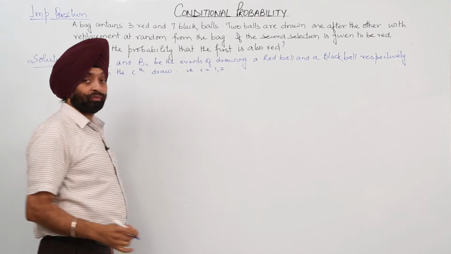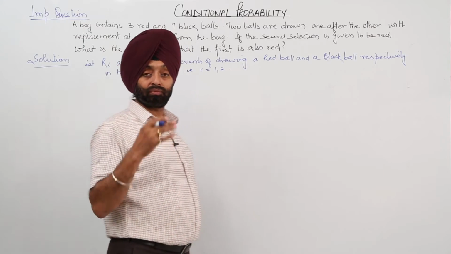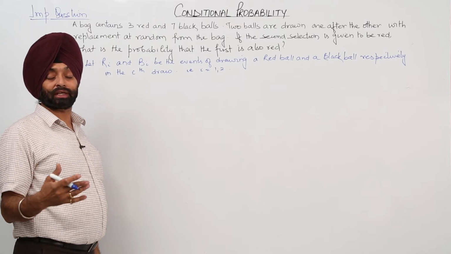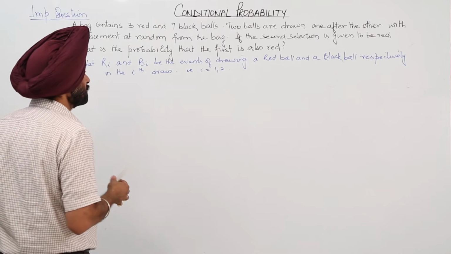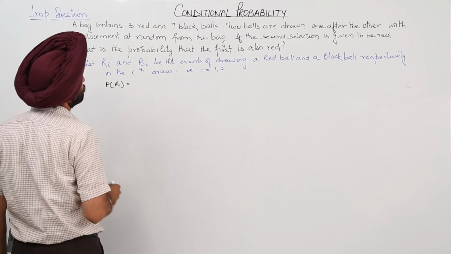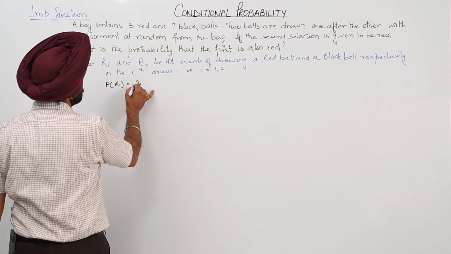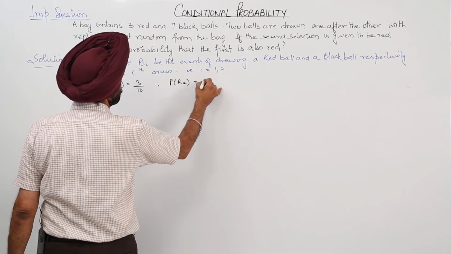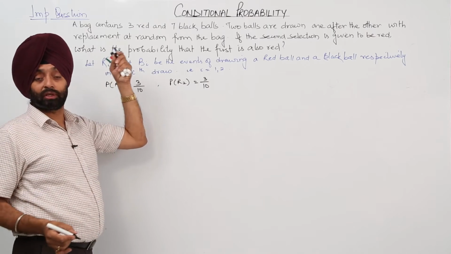Now basically, if it is written R1, then the first attempt, 2 balls are drawn one after the other. First attempt. If it is R2, then second attempt. R1 first attempt for R1, R2 second attempt for R2, red ball. So now probability for R1 is equal to, R1 is 3 red balls and total are 10 balls. So it is 3 upon 10. Probability for red ball with the second attempt, again 3 by 10. Why? Because with replacement, we have written with replacement.